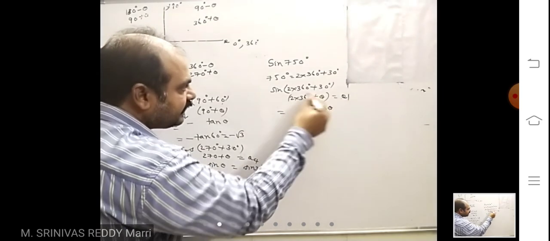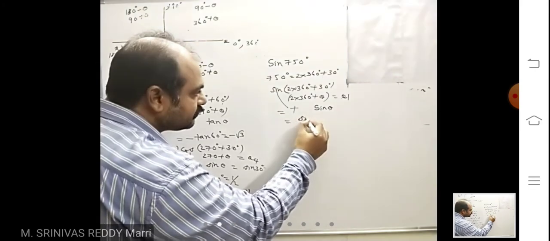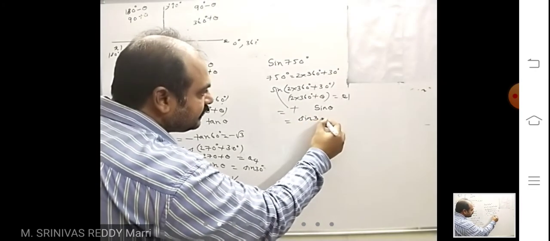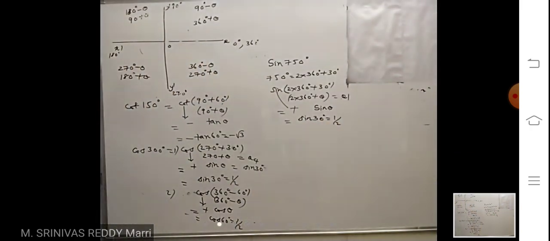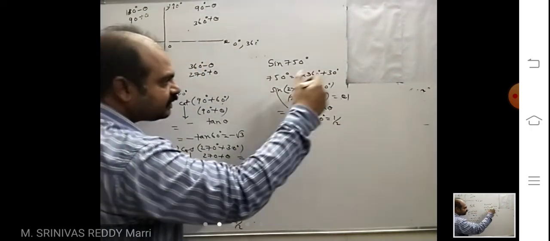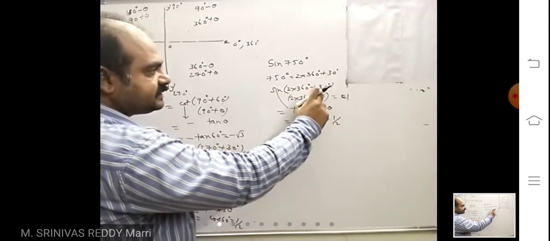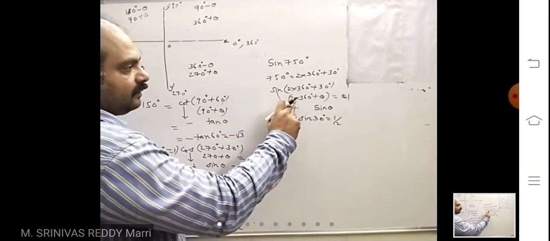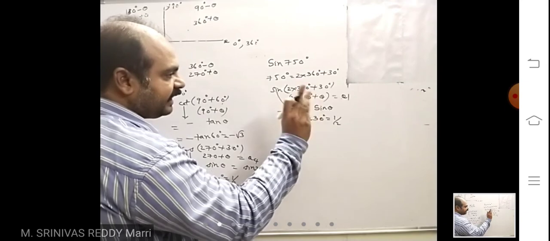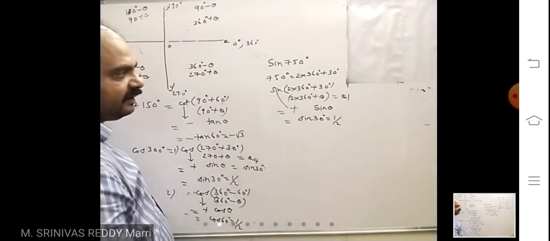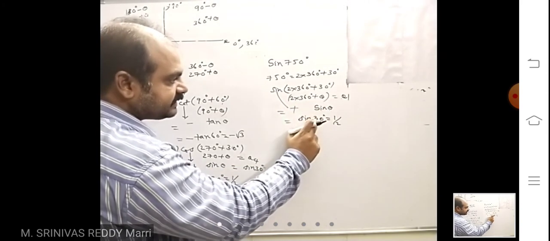In quadrant 1, sine is what? Sine is positive. That means this is sine 30 degree, which is nothing but 1 by 2. Like that, if higher angles are there, more than 360, you write in terms of 360: 2 into 360 plus 30. So 2 into 360 plus theta means sine will remain sine. If 180 or 360 multiples are there, the sine will remain sine. Right? Sine theta here, sine 30.